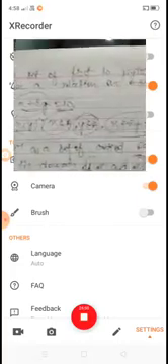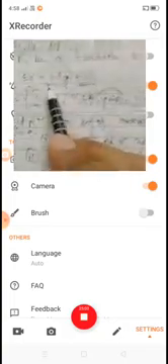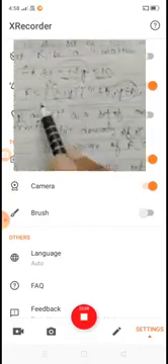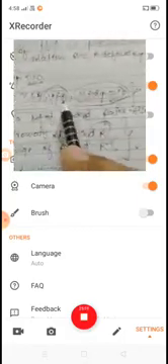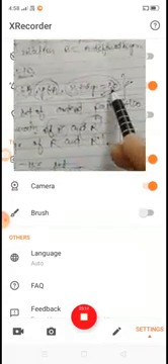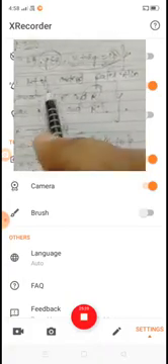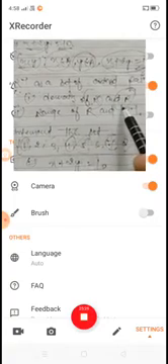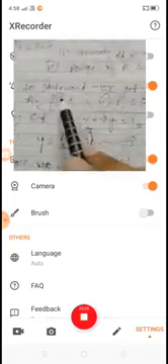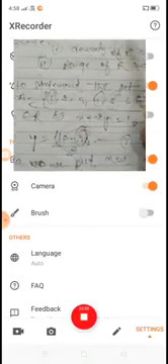R is a relation defined on A by (x, y) belongs to R when x plus 2y is equal to 10. The relation R is defined by (x, y) such that x and y belong to A, and x plus 2y is equal to 10. Express R and R inverse as a set of ordered pairs, and also find the domain and range of R and R inverse. First of all, according to the statement, we write the set A.